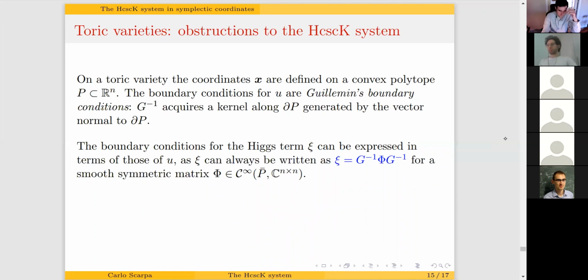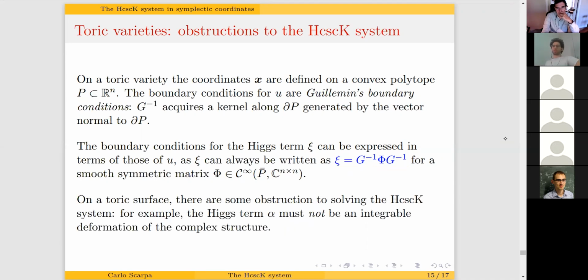The more interesting thing is that the deformation of the complex structure can also have its boundary conditions enclosed in the boundary conditions for the symplectic potential. So we have some smooth matrix that describes Xi up to multiplication by the Hessian matrix of U. And this has a first interesting consequence: to have a solution of the first moment map equation, the deformation of the complex structure cannot be an integrable deformation of the complex structure. And this is sort of interesting,